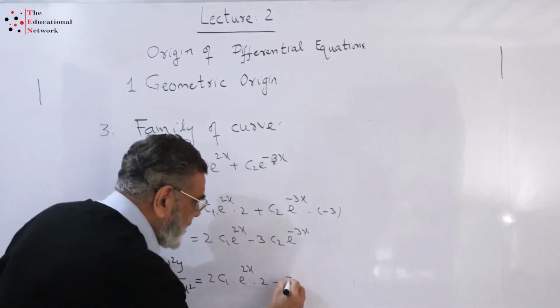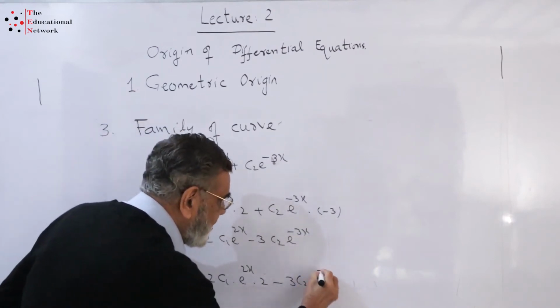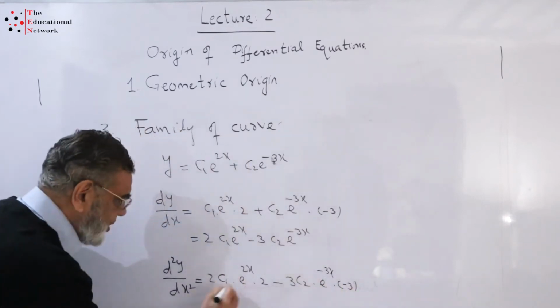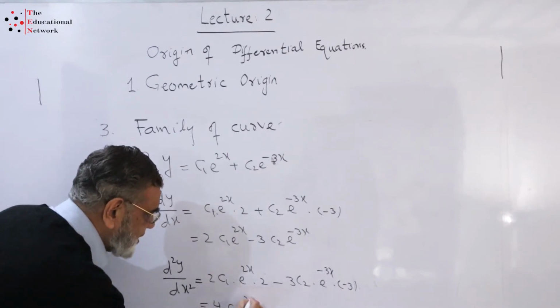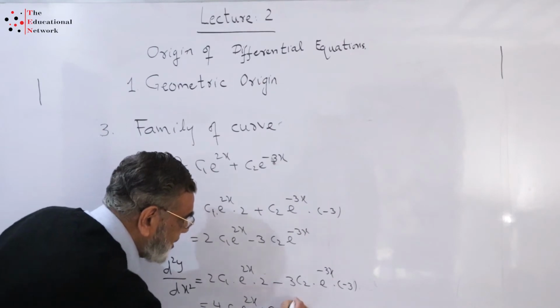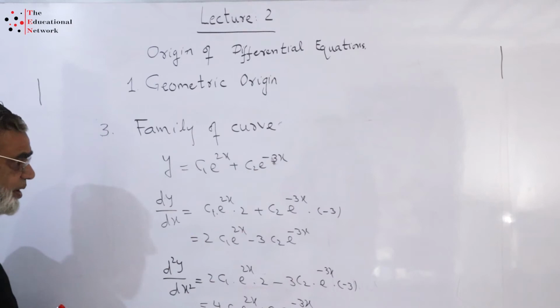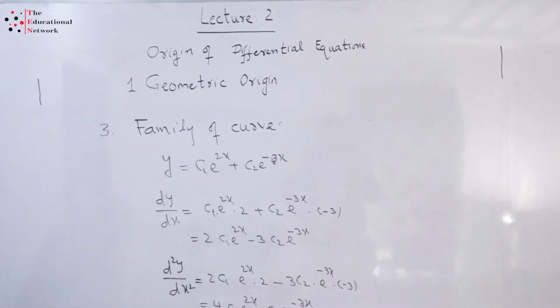Minus 3 c2 is constant, then we take the derivative of e to power minus 3x, it's e to power minus 3x into minus 3. So I rewrite this: we get 4 c1 e to power 2x plus 9 c2 e to power minus 3x. Now I can write an equation which contains d2y by dx squared and dy by dx,